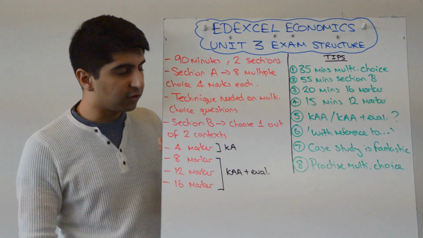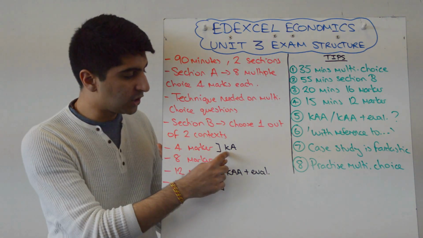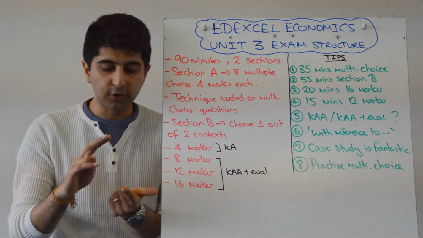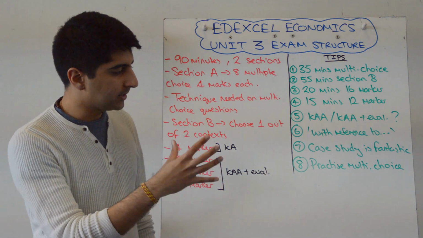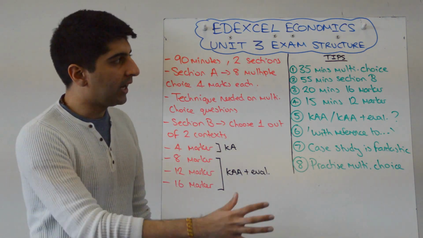And it's important at this stage to know what kinds of questions there'll be. Your 4 marker is just going to be a knowledge and application based question. The other 3 you need CAR, so knowledge, application, analysis and evaluation. Important to know that. Right, so that's your Section B there. Case study based. Now in terms of tips,